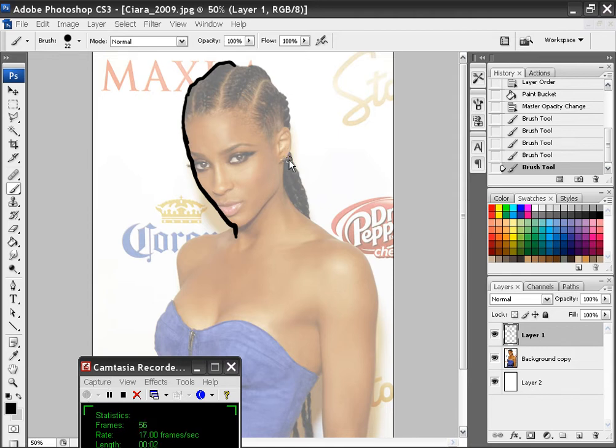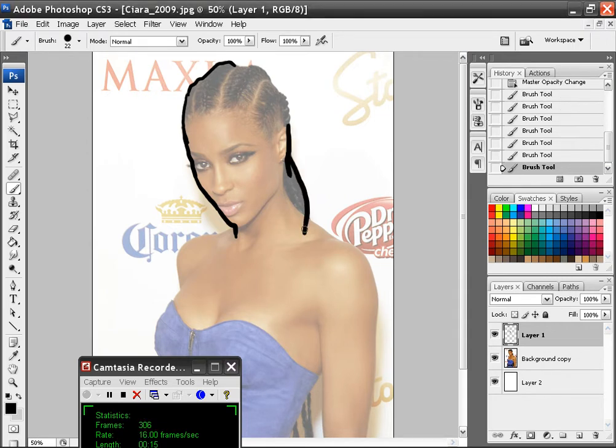Alright, so I'm going to be turning this hip-hop R&B singer, Ciara, into a character. I'm not sure if that's how her name's pronounced, but if you want to correct me, go ahead. It was a request. So first thing I do really quick is I'm going to fill in